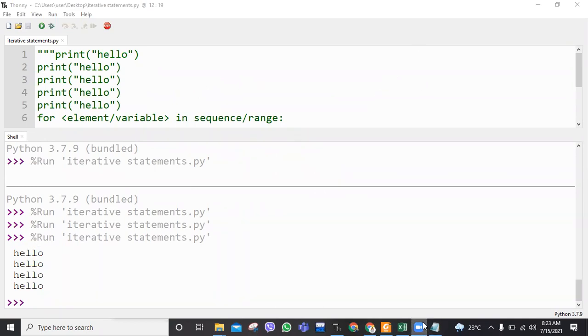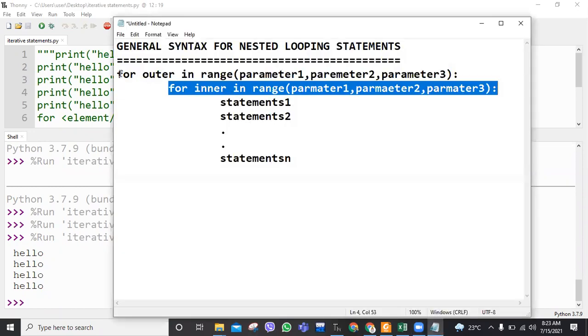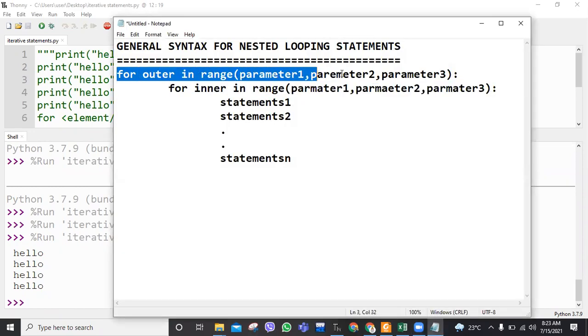So now what I mean to say is this outer loop is always concerned with how many rows you want to execute, how many lines you want for the output. So this outer loop is concerned with the number of lines for the output.